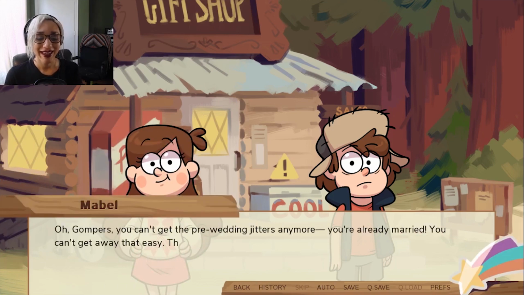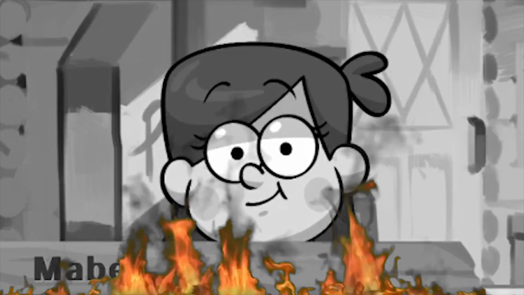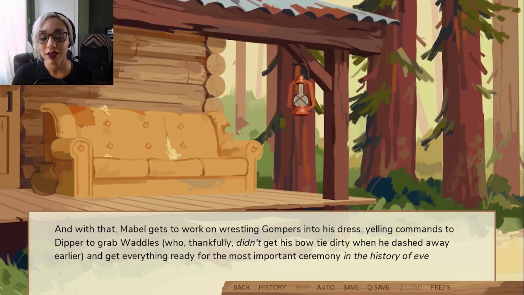Oh, Gompers, you can't get the pre-wedding jitters anymore. You're already married. You can't get away that easy. Thanks a billion, Thirsty Shipper. You've saved the wedding. Who else feels that you can't get away that easy is so threatening? You can't get away, Gompers. This is your fate. And with that, Mabel gets to work wrestling Gompers into his dress, yelling commands to Dipper